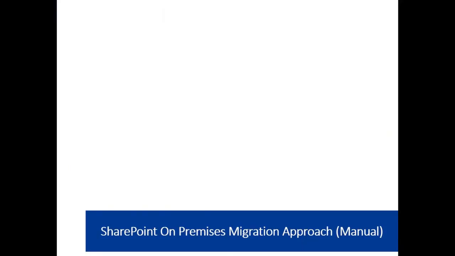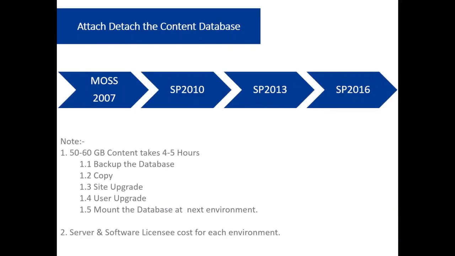Okay, moving to the next slide. This is the manual approach. It is a very typical approach when we are moving from one environment to another, and it is quite costly too, depending on whether the customer has licensing for all the versions. For example, if we have MOSS 2007 and need to migrate into SharePoint 2013 or 2016, there is no direct way in the manual approach. We need to go via all the versions and prepare the systems. If the business does not have them, we need to install the proper software and do all the updates.